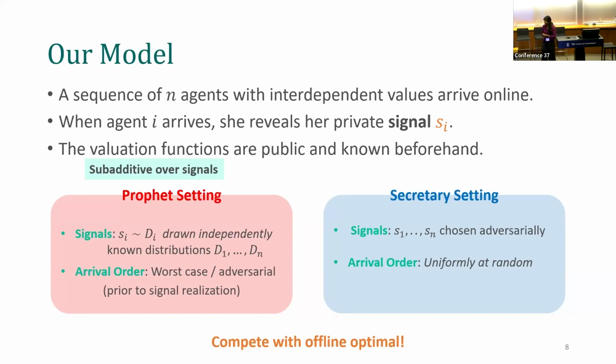When you talk about subadditive signals, are you assuming that if a signal is zero, you haven't seen it yet? You can, yeah. You can think of it as if the signal is zero, we haven't seen it yet, because I'm assuming monotonicity. You want to think of it as the worst possible value I can have given the signals that I've seen so far. That's one way to think.